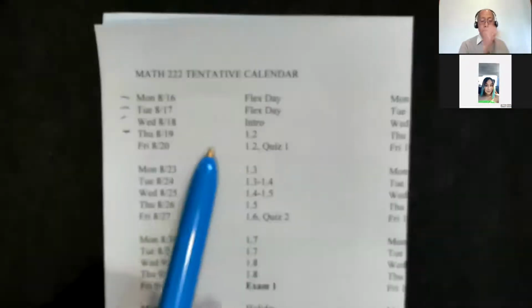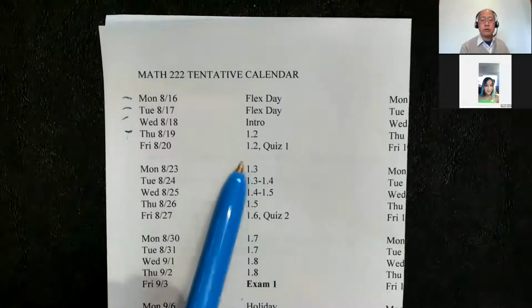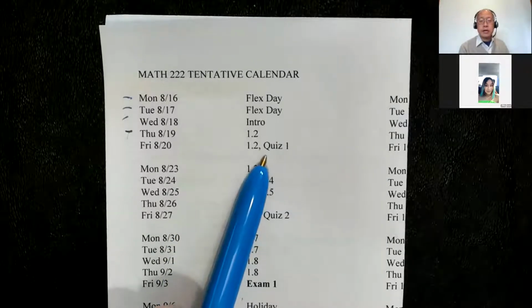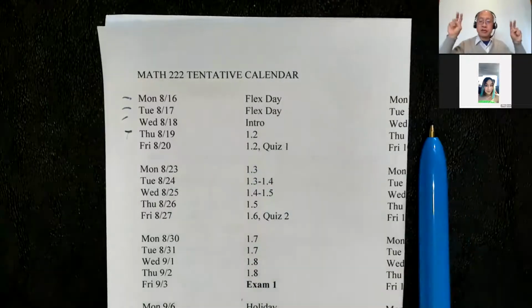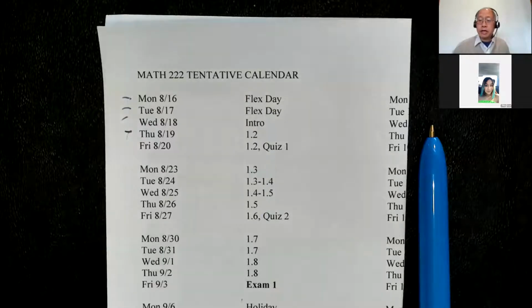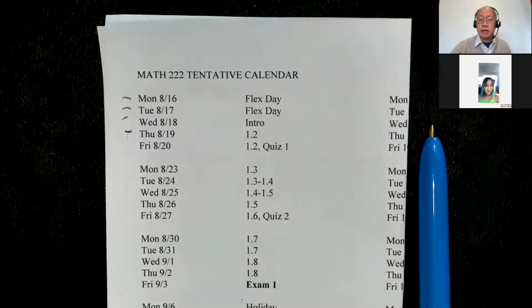Okay, so we're here. Today and tomorrow, 1.2. Tomorrow's quiz will be on 1.2. I'll give you the quiz. And quiz is really, in quotes, about as low pressure a quiz as you can get. It really should be an assignment. But in my grade book, it's a lot easier to just put quiz than assignment.